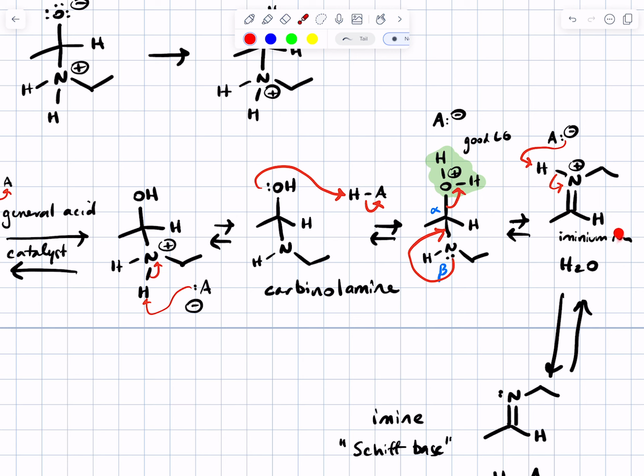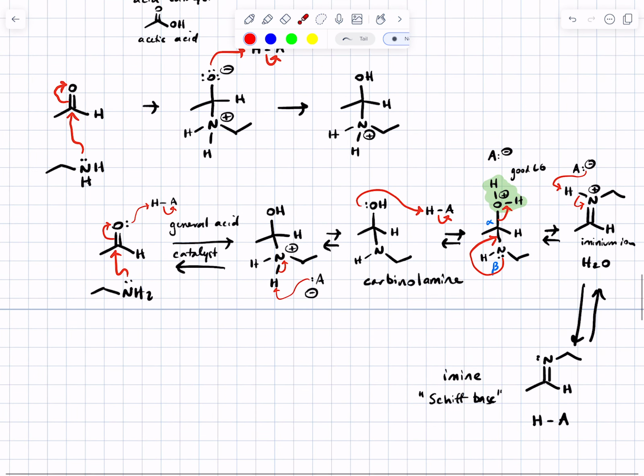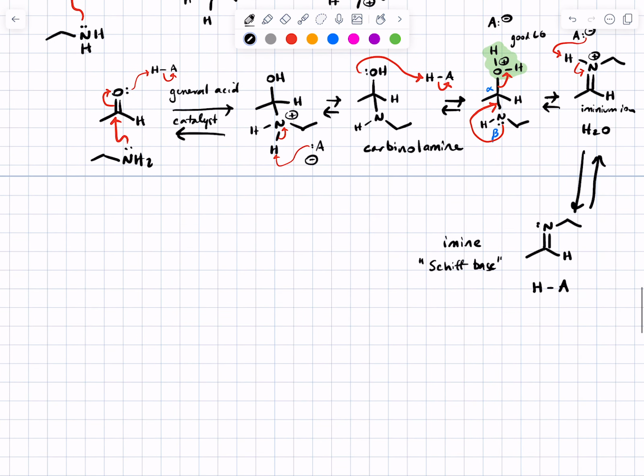And you could go from the iminium ion back to this intermediate by simply having water attack the carbonyl carbon of the iminium ion. When you do the reaction in the forward direction, just to summarize, this is called imine formation,